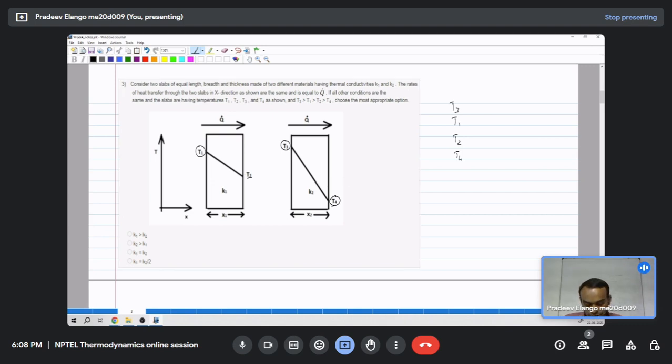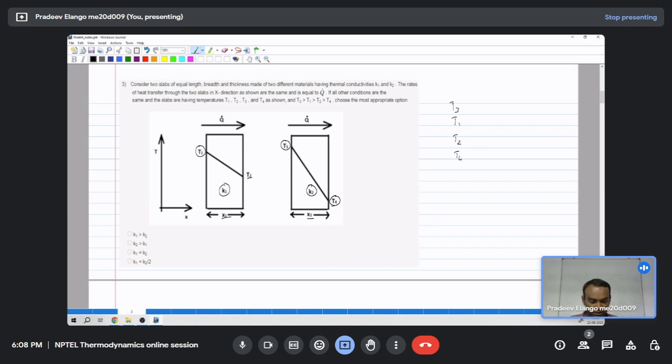Choose the most appropriate option. So the only thing is that the material of the two slabs is different, so having thermal conductivity of K1 and K2, whereas since they have given length, breadth and thickness are the same, this x1 should be equal to x2, and they have also given Q dot is also the same for both the conditions. Now